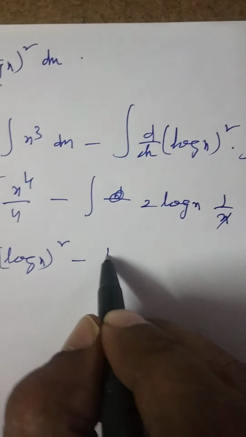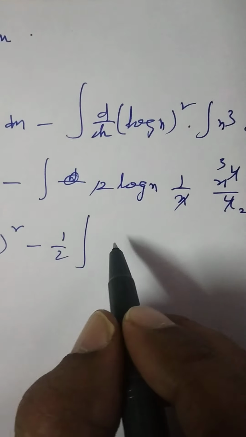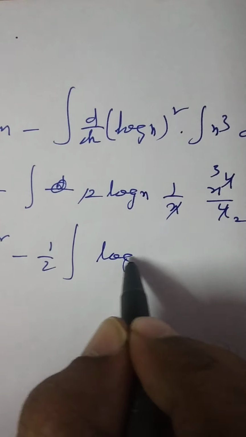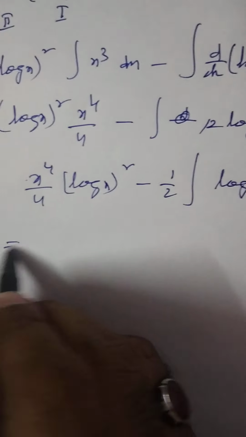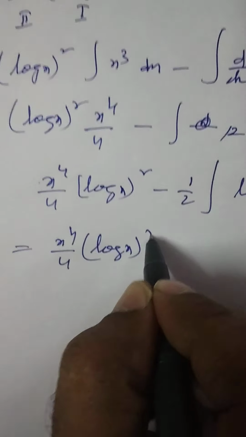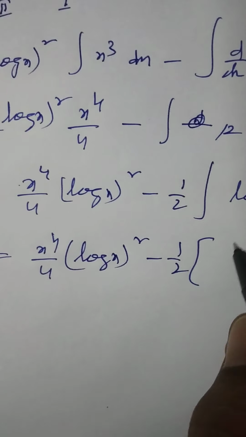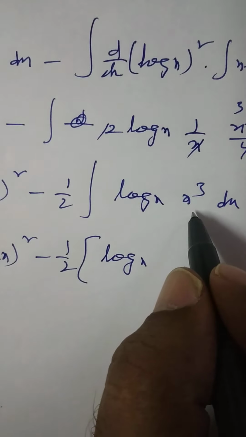So what you are left with, here 2, here 1. So 1 by 2 of integration of log x into x cube dx. So this is equal to x power 4 by 4 into log x whole square minus half of, again by parts if you apply, first function log x into integration of x cube is